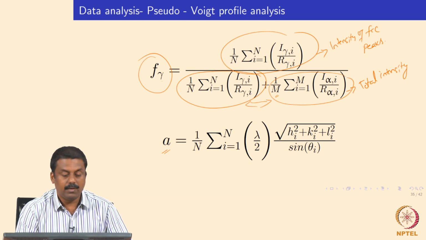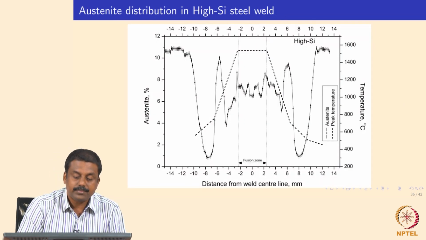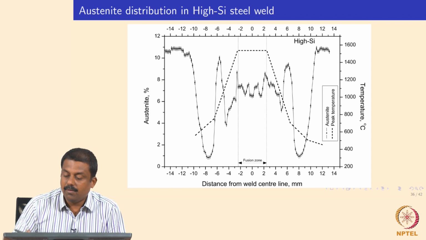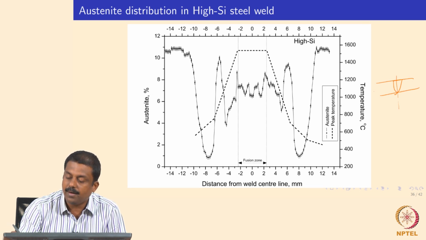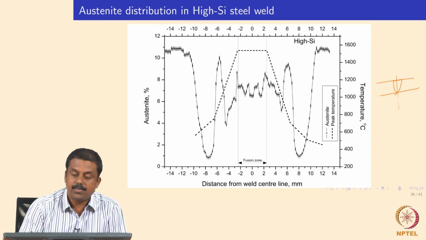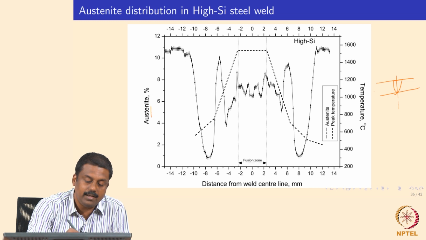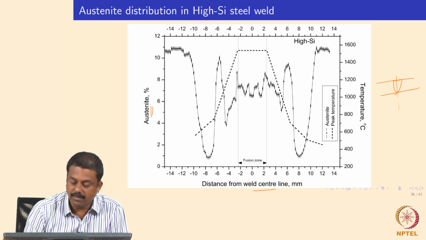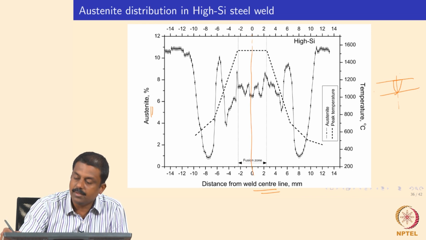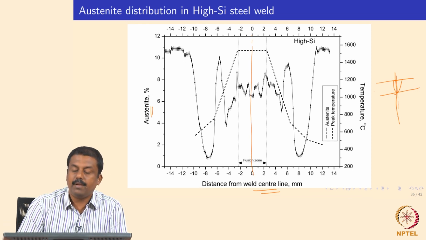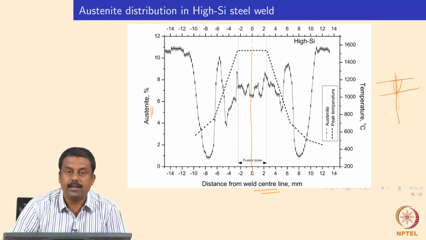Okay. So now what will happen in the weld zone? We can measure over the regions in the welded TRIP steel, for example. We can start from the base material far away from the weld zone, and I am showing you a graph describing the retained austenite variation along the distance from the weld center line. Okay, so the weld center is over here, and this weld was made in high silicon steel,